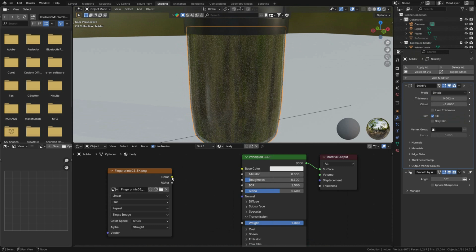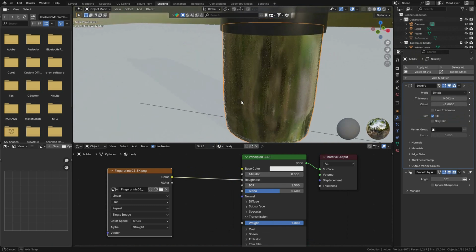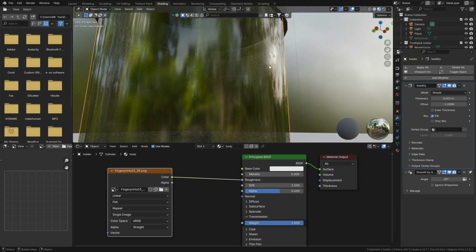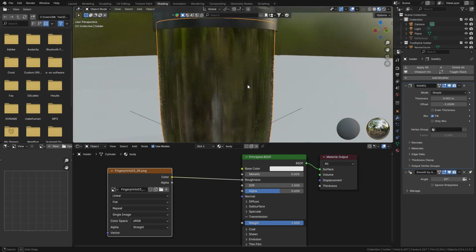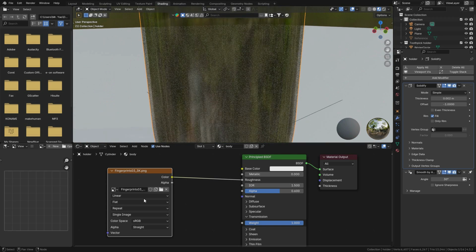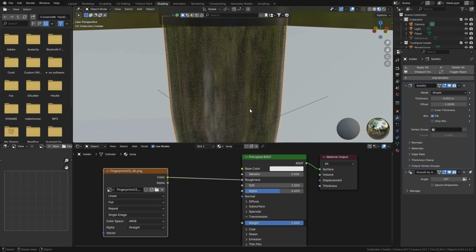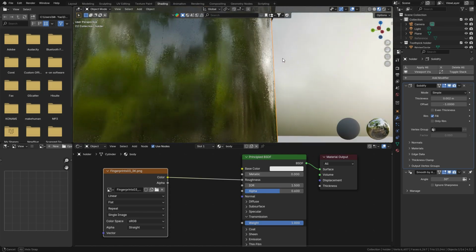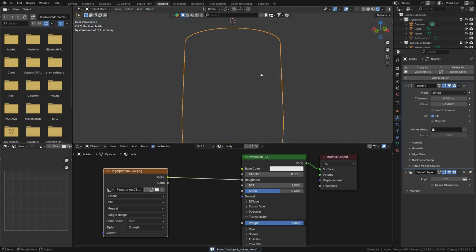Now, what you are going to do is plug in a color value into a roughness value. If you look closely, you can see we have some sort of imperfections going there on the roughness. Now, I'll try and explain something to you in Blender. The reason why that is because it's taking the black and white values and trying to match them across this surface, which is letting us be able to see these imperfections right here. You can try going to Cycles, save my file first, go to Cycles, see system is out of GPU memory. That means